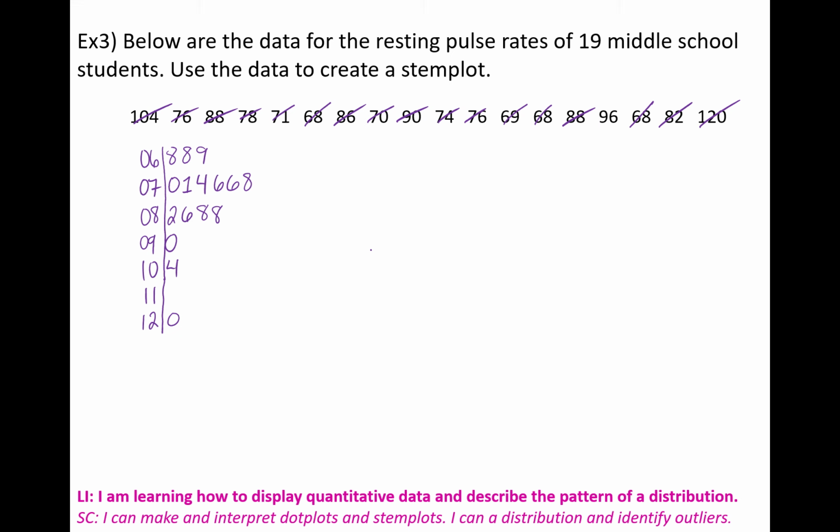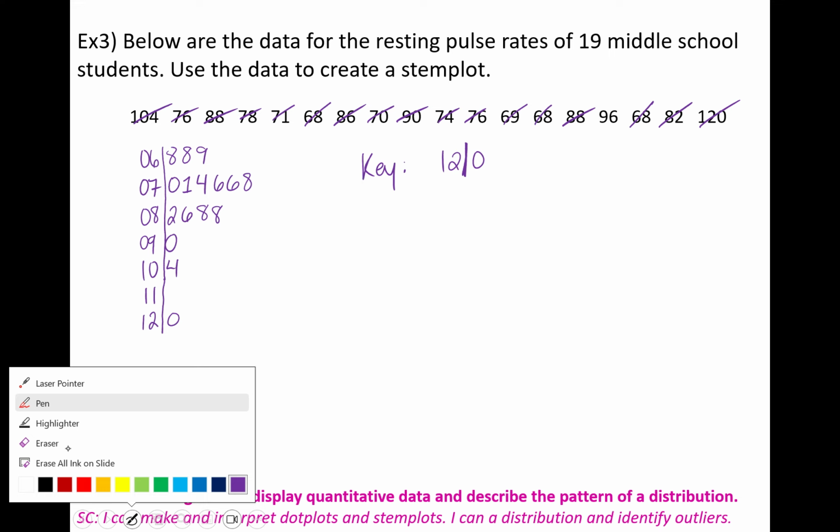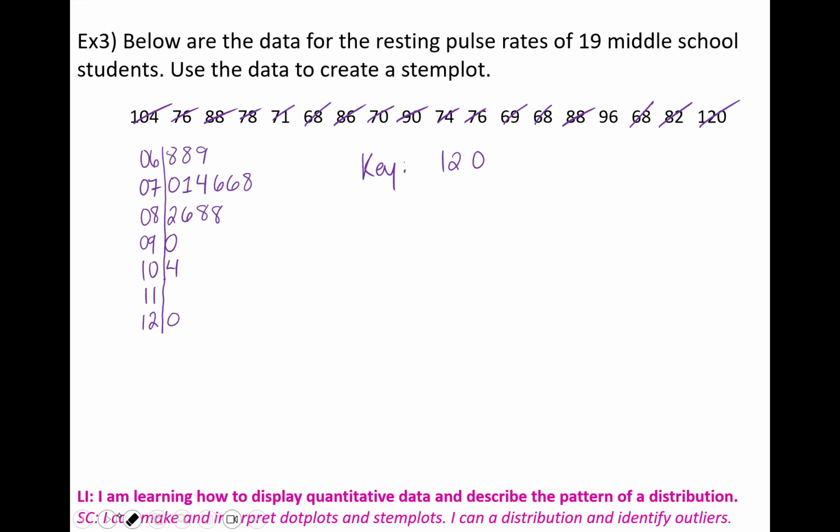Before I'm finished, though, I have to create a key. I have to explain what these numbers mean, and you can pick anything along the way. I'm going to just pick the last one, which was 120. So I'm going to say, here's my key, and I'm going to say 1, 2, 0. So that little slash represents the line. So 1, 2, there we go, 0. I have to say what it represents. So the 1, 2, and then with the 0, this represents